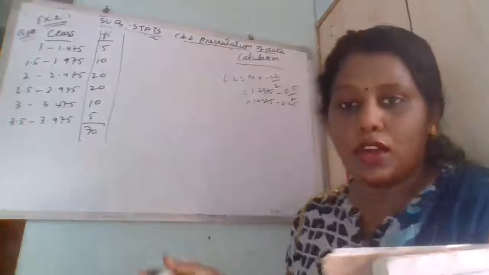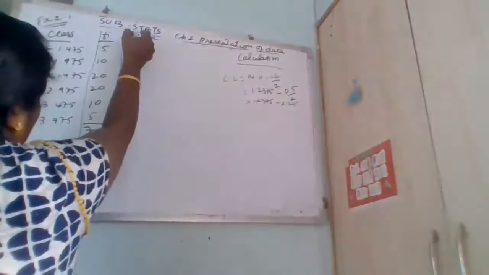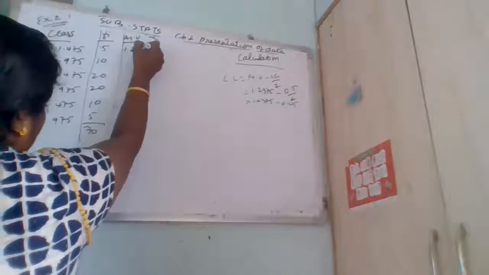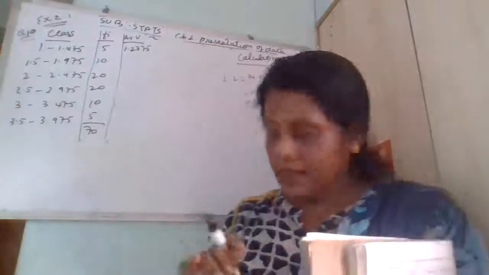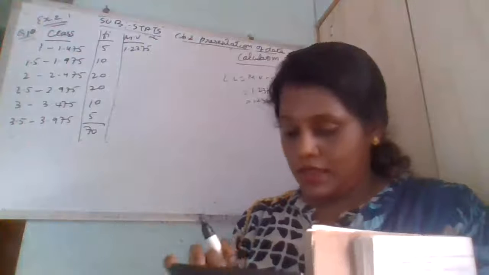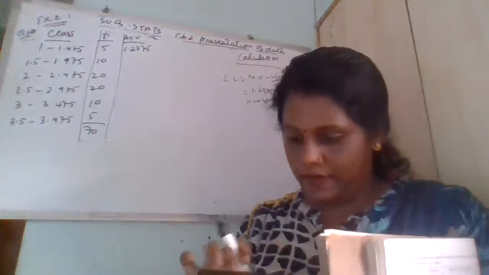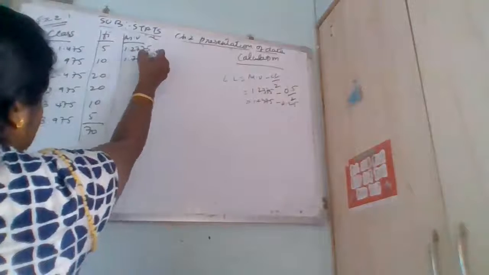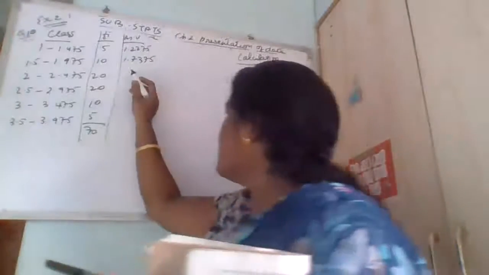If you want, we can make the column also of mid value and class length. See, like this. Mid value is 1.2375. Like this, you have to make the column of mid value also. So second mid value क्या होगा? 1.5 plus 1.975 divided by 2. That is 1.7375, which means a difference of 0.5, right? So again इसमें 0.5 ऐड करेंगे,